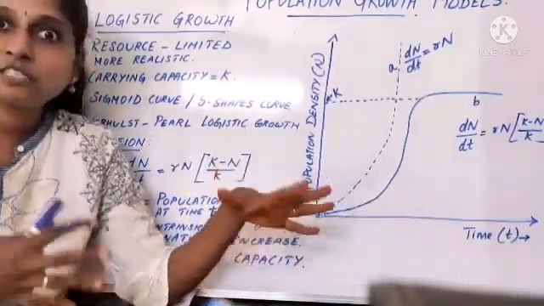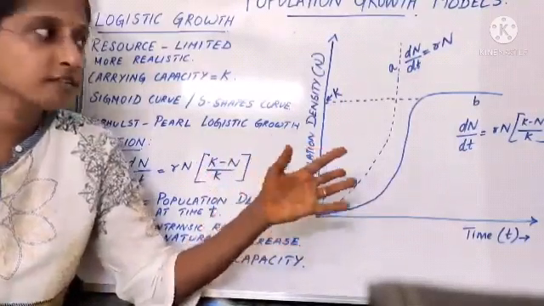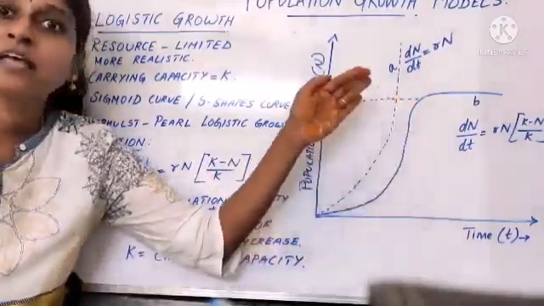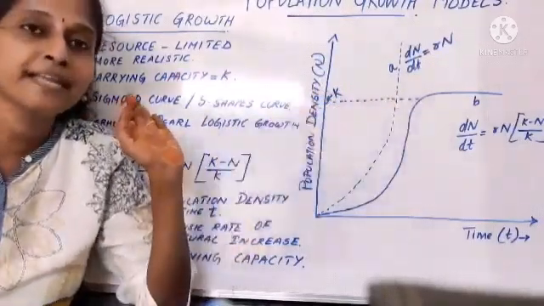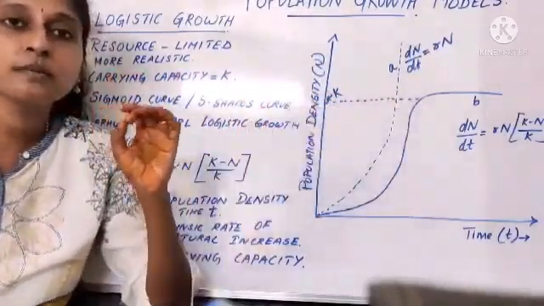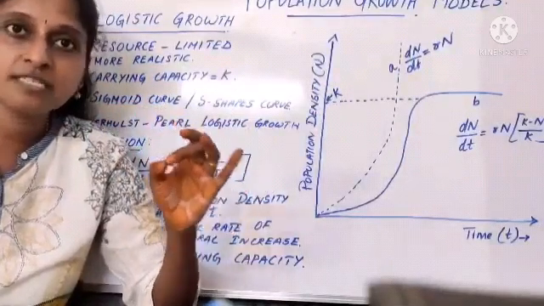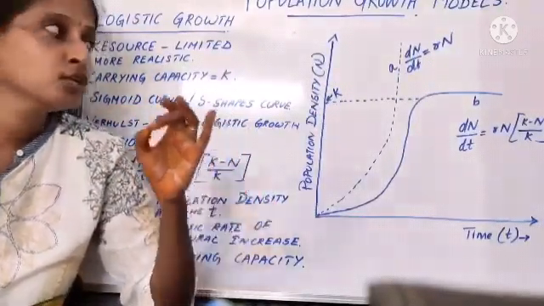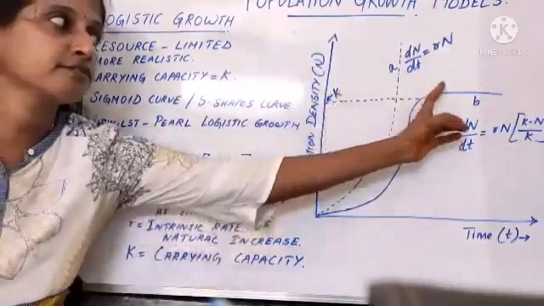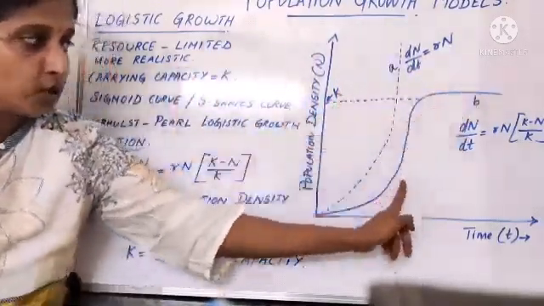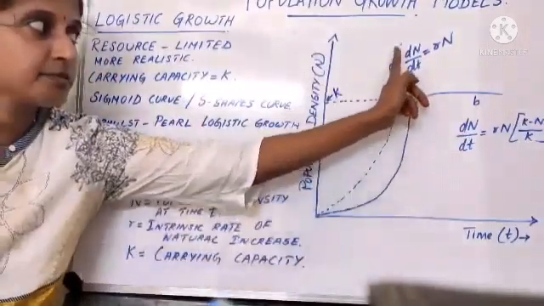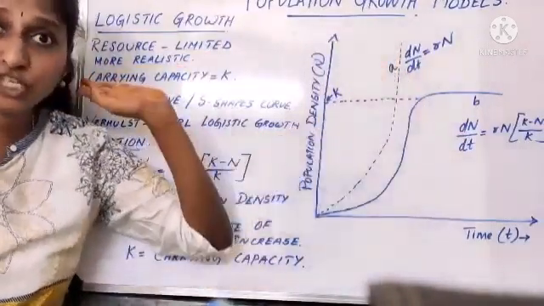Thereafter you can find they have adjusted very nicely, reproduction and all will increase and the population will go very high. Then comes that K, carrying capacity. What will happen? That much only the earth or that space can occupy, isn't it? So when the carrying capacity comes, thereafter you can find the population becomes stable. So this B is representing logistic growth curve and this A is representing exponential growth curve.